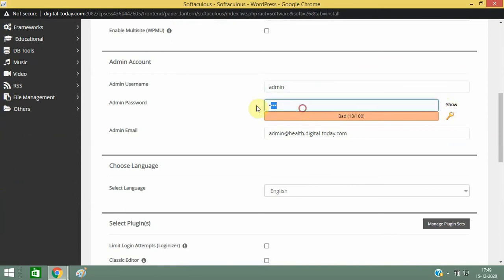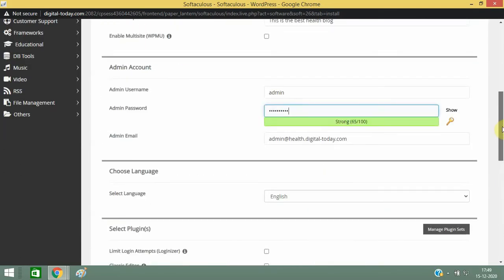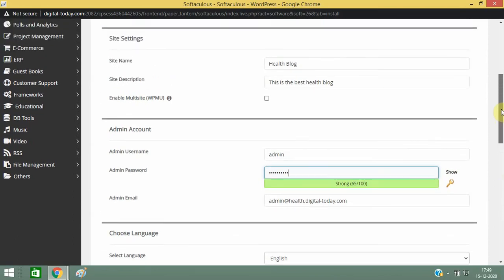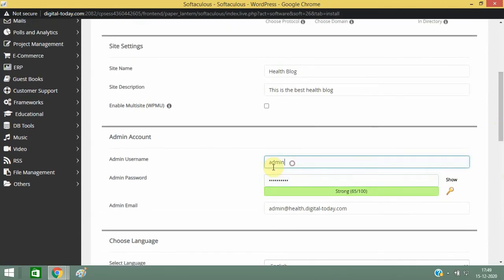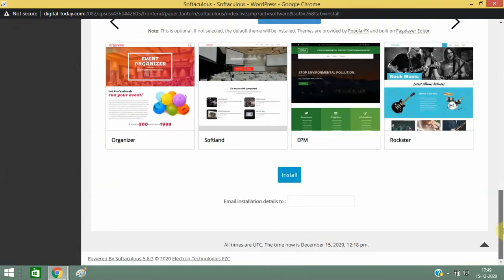You can click on hide and type anything. Okay, so this is the email ID. Let it be. Okay, so admin should be my name. Okay, this should be the password, and here you can just